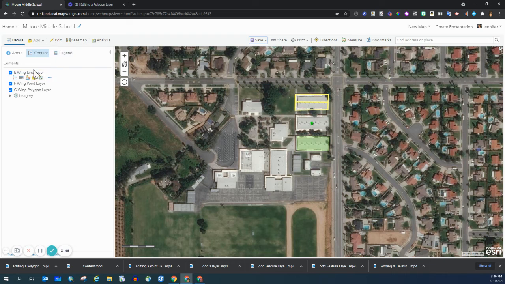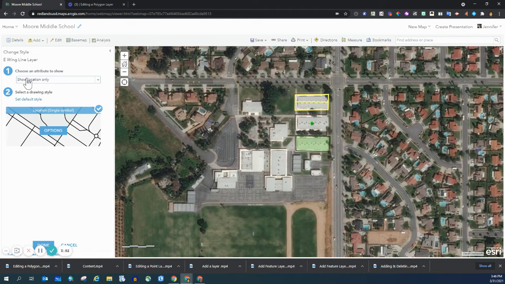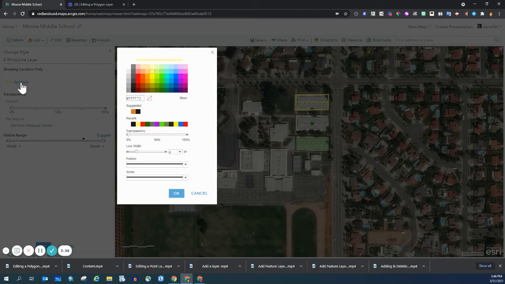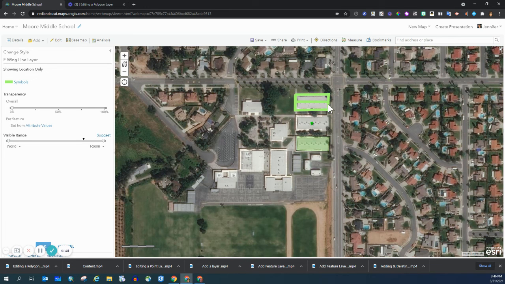And now for the line layer. So I'm clicking on the E-wing line layer. That will bring up the option to click on the symbols. Click on location, single symbol option. Click on symbols. And let's make this a green as well, because Moore's color is green. The line width is already a 4. Let's make it really thick. And let's hit OK. And so now you can see that